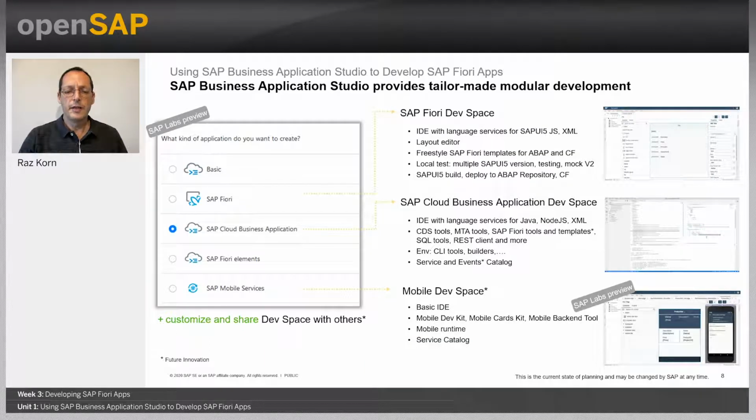You can see here examples of key extensions that are pre-packaged with different dev space types, and you can see that each dev space has its own set of tools. Let's focus for a second on the Fiori dev space. You can see that it comes with the language services for SAP UI5, JavaScript, and XML,